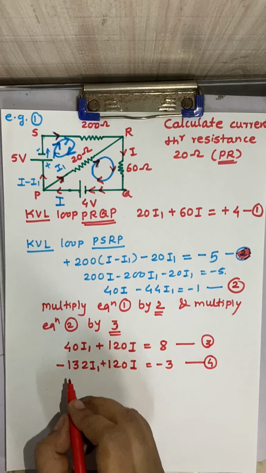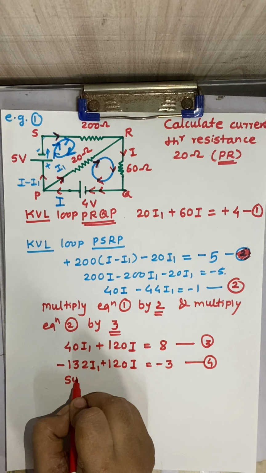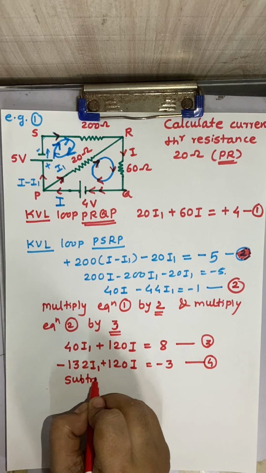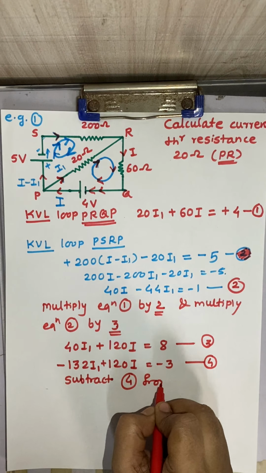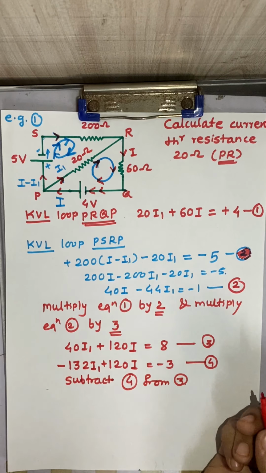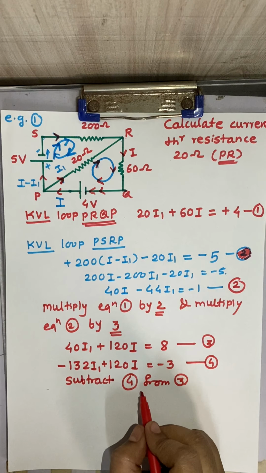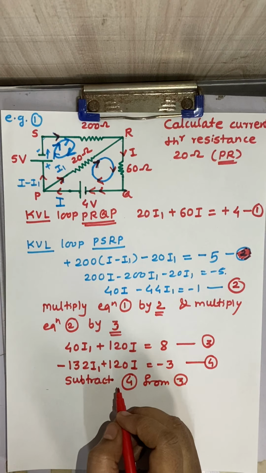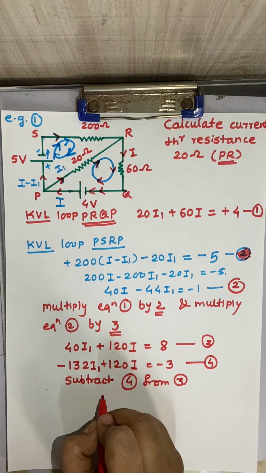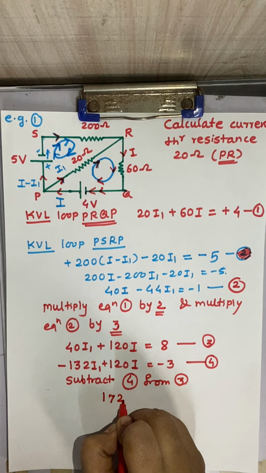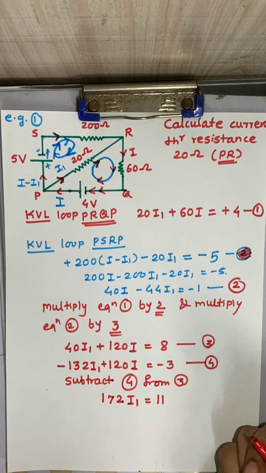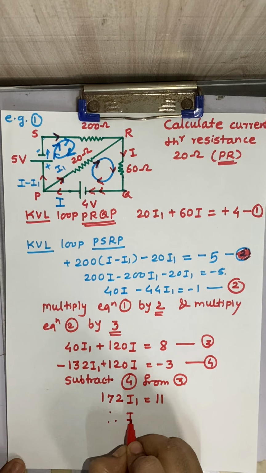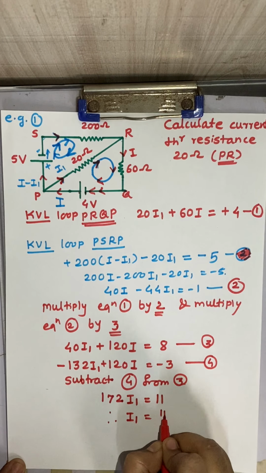So we are going to subtract 4 from 3. Okay, subtracting 4 from 3, we will get it as, okay. Therefore, I can get I1 as 11 by